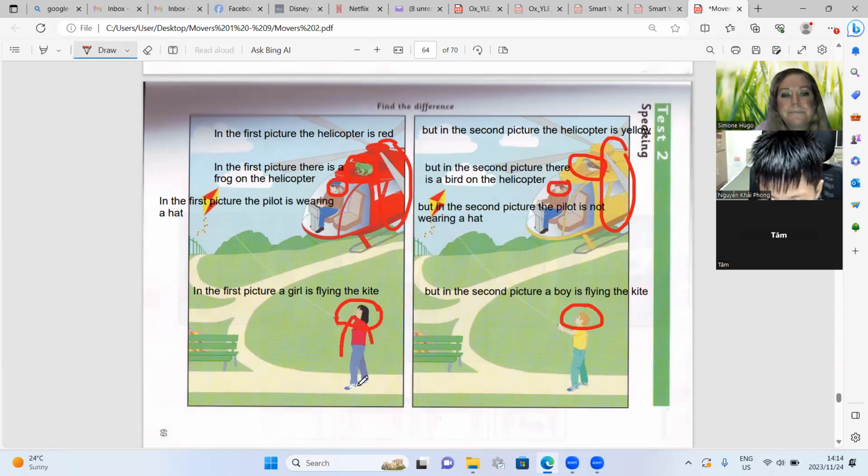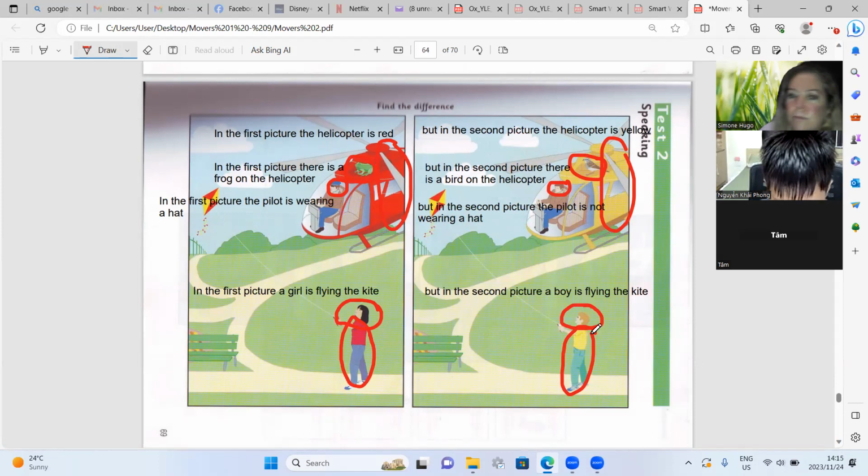Tam. In the first picture, the girl's t-shirt is red.